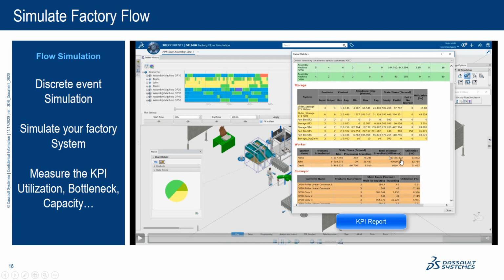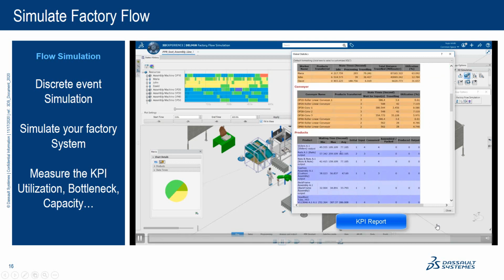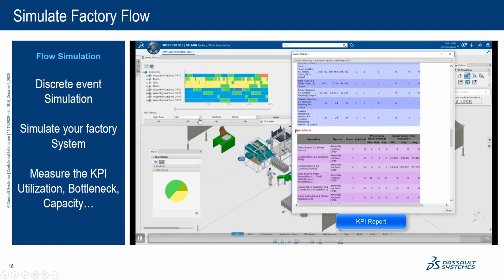We also have the distance walked by each of the workers. It can be a characteristic of the line that you want to check. Maybe you do not want the workers in different stations to walk more depending on the station. So that's valid for the worker. For the conveyor, we'll have the same kind of information: storage, the average capacity of your storage, for the robot and so on. So that's the type of reports that you will get at the end.